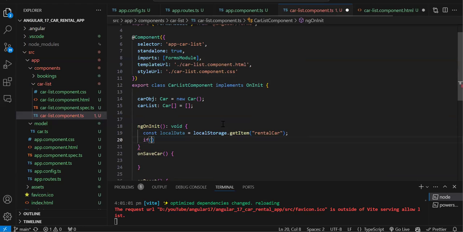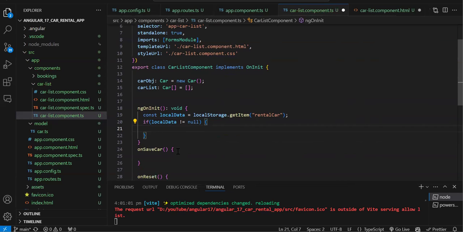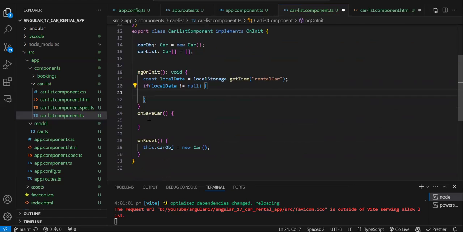Whenever you are reading data from the local storage, always add a null check, because if the data is not there, it will be null. So whenever you are doing an operation, before using this variable, you have to add the null check, right? So local data not equal to null. Correct. If it is not equal to null, and one more thing, when we are going to store the data,